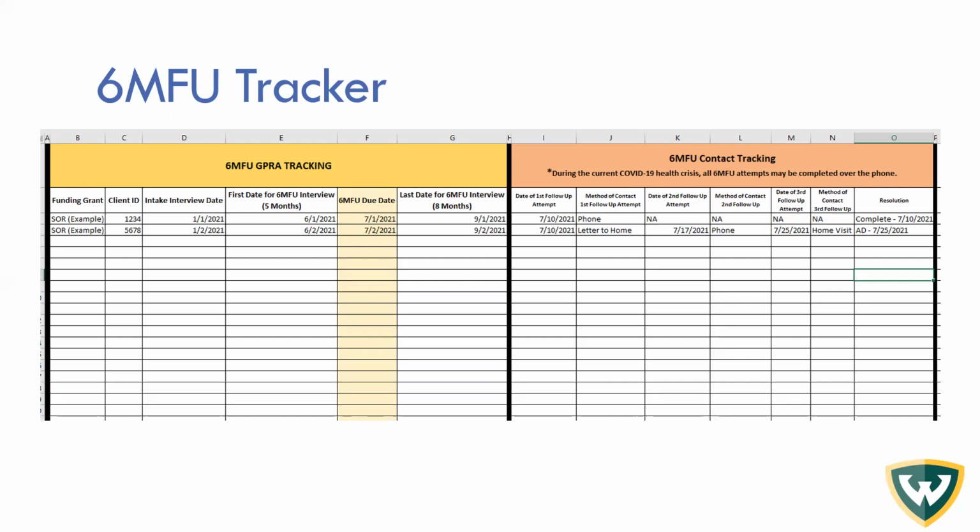What you'll do is, the first time you try to follow up with them, you called by phone, you weren't able to contact them, and you keep track of how your contacting was going. Then your resolution will be in column O. Did you complete the interview, and if so, on what date? And if we're not able to complete the interview, when did you submit your administrative discharge?